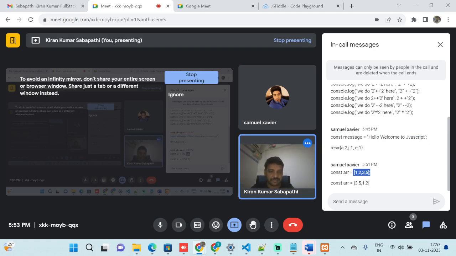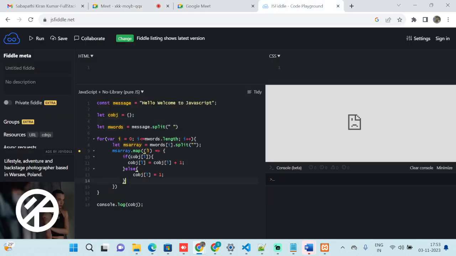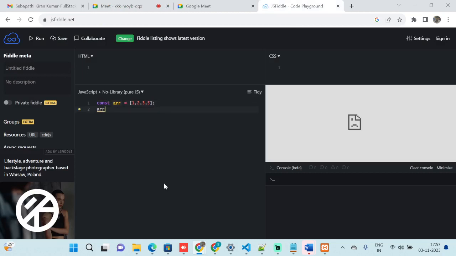I can try in a different way. Something like splice is there, but I forget the function.